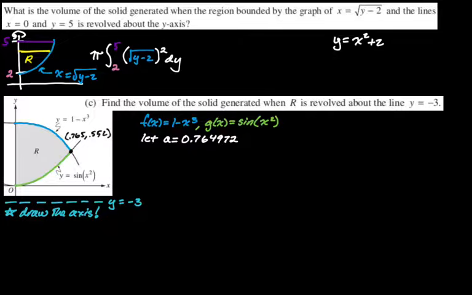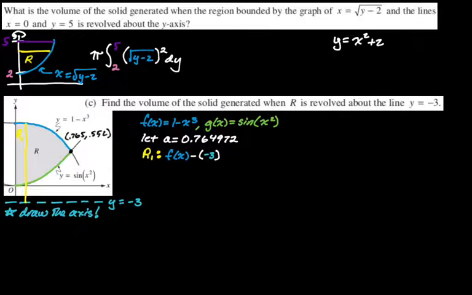So now everything I write, you can do this on the exam. I can use that instead of handwriting 0.765 over and over again. I'm just going to use A as my bound. So I need big R. And in this case, because the region is called R, I'm going to use a subscript and call it R sub 1. And then I'm going to do the same thing basically for little r, but it's top take away